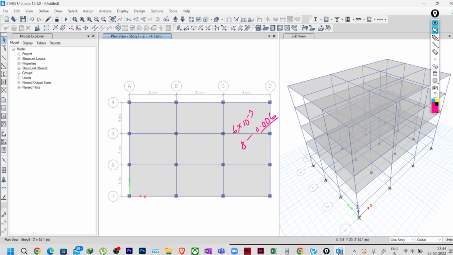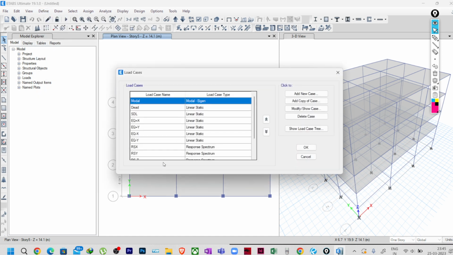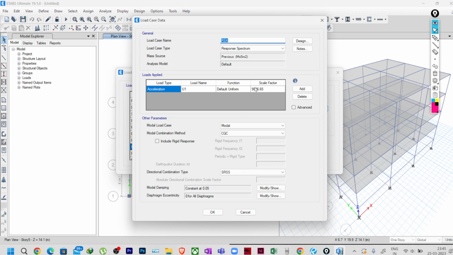Now what you have to do, in the definition, define load cases. In the definition, the initial response scale factor you have to put is 9806.65, which is the current unit. If you see, it is in mm per second square acceleration. So this acceleration due to gravity is the value we are putting here, because the AH is already multiplied with the SFIG in the response